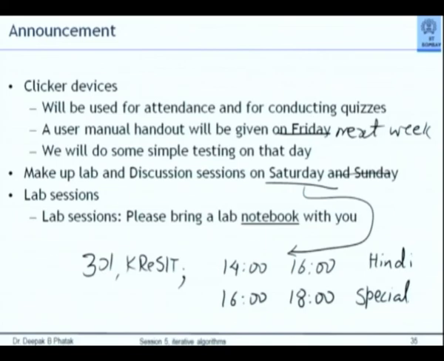A clicker device is something like a TV remote where there are keys. The typical keys on the clicker device that we have designed here are A, B, C, D, E, F, etc. I will show you a quiz here and say within 2 minutes, tell me whether the answer is A, B, C or D. Multiple choice. Now you press A, you will press B, you will press C. I got the idea from there.